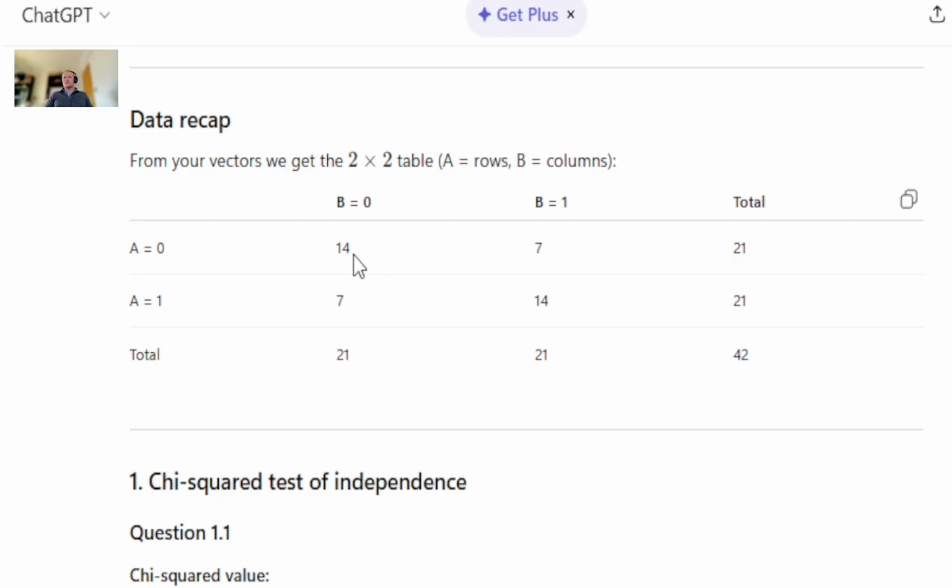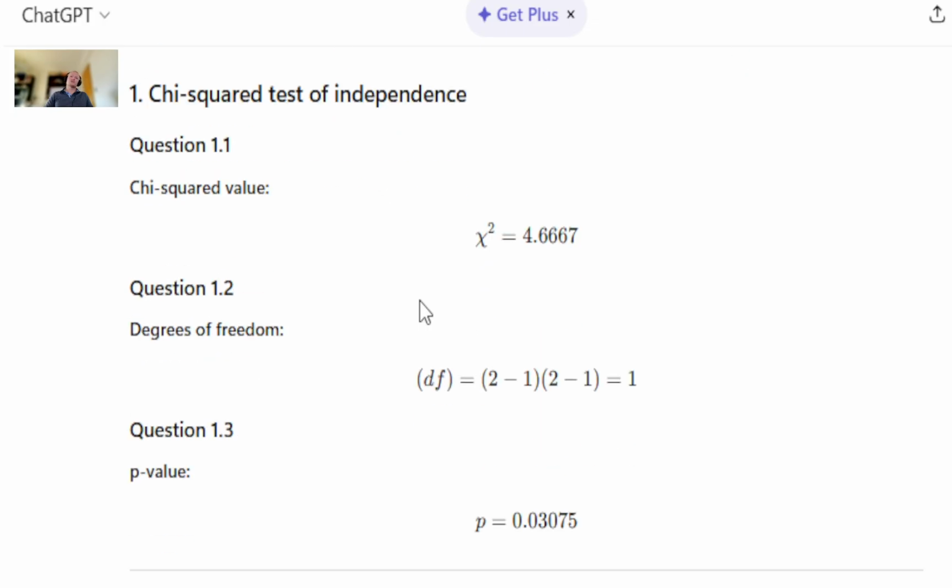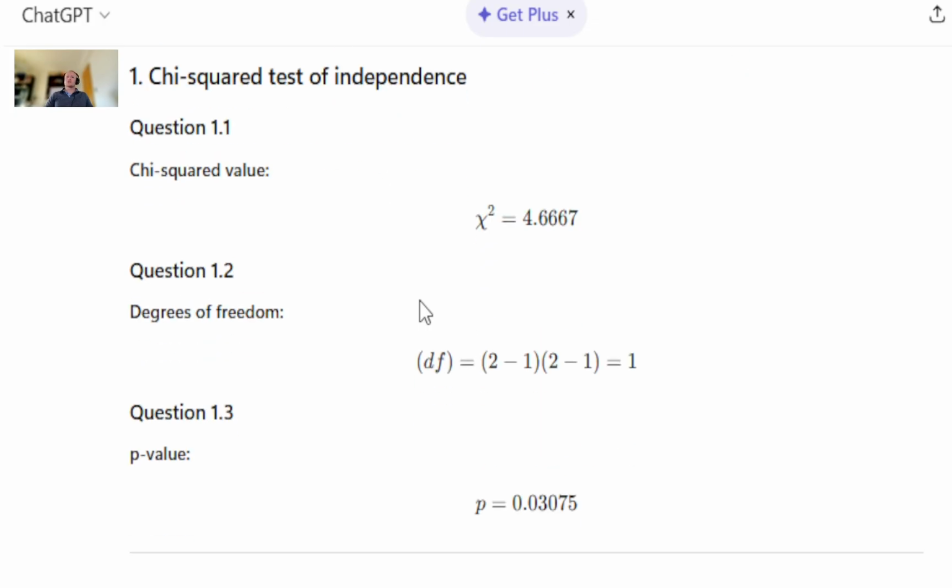But in this case, the expected values are 10.5 for each cell. It's basically row total times column total, divided by the overall total. So that would yield 10.5 as expected value for each cell. That's above 10. So that's most probably the reason why ChatGPT doesn't provide a continuity correction here. It just calculates the default chi-squared